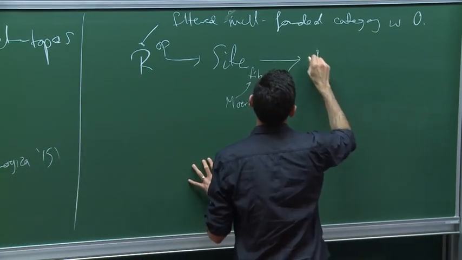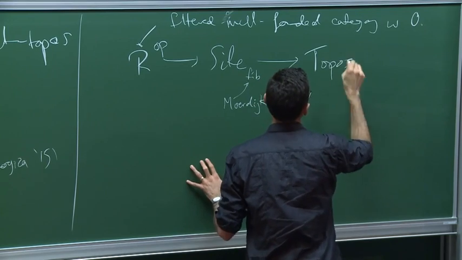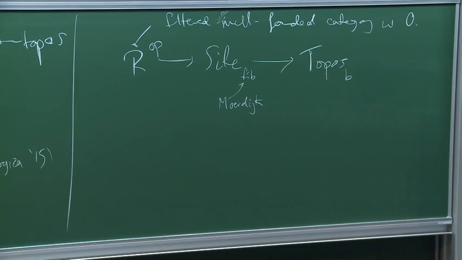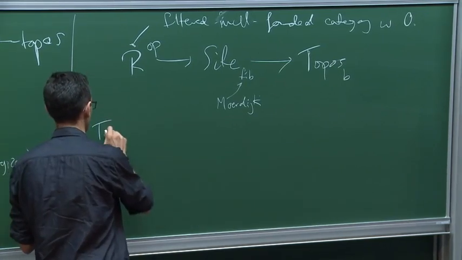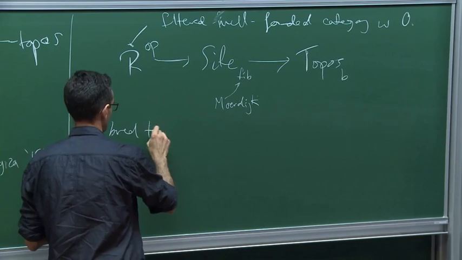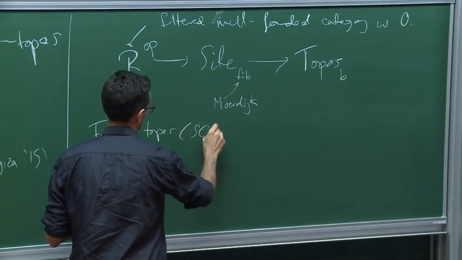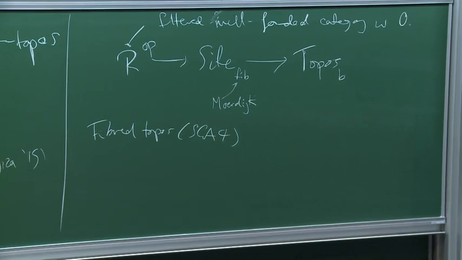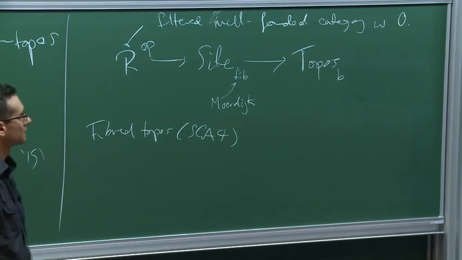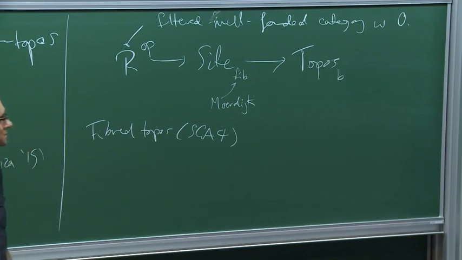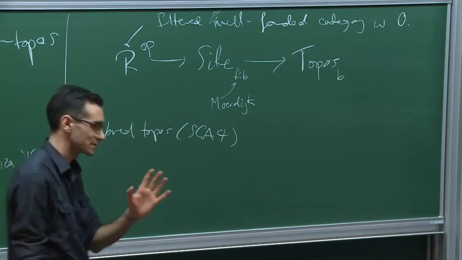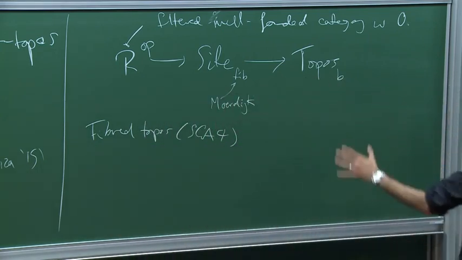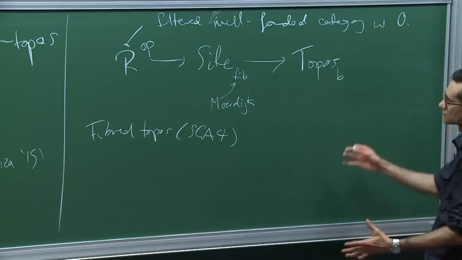You can take sheaves, you go to toposes with bounded morphisms, and this gives rise to an example of a fibered topos, also in SGA4. They consider the case where R is small, and you can take the total topos, or the lax, in my case probably the pseudo limit of this, and they get a topos, and people have apparently applied this in algebraic geometry. But if R is large, you just can't do it.